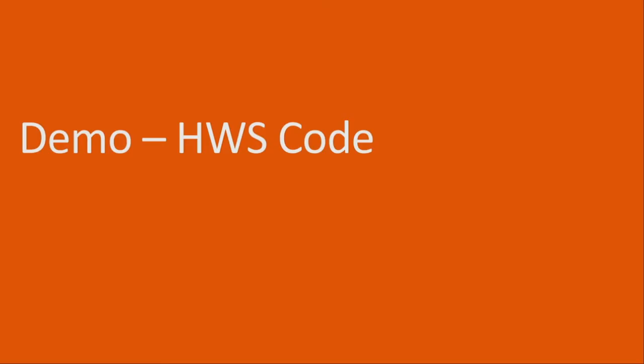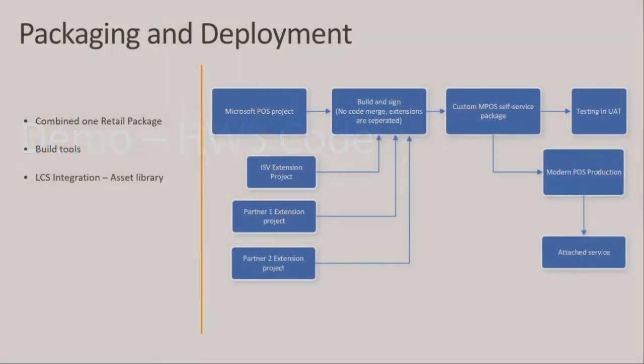So we saw the quick code demo of how you can do the hardware station extension. The last thing I want to cover, sorry I said that multiple times, but I think this is the final one. Once you're done with all the customization, how will you package the code? One important thing is there is a combined retail package. To generate the package, we added it in the build tools. So you can just call our build tools to generate the package.